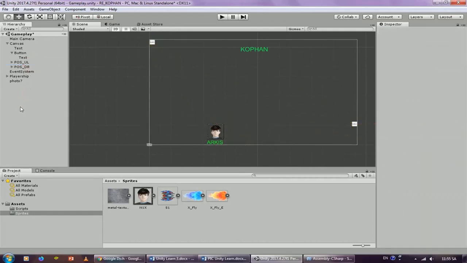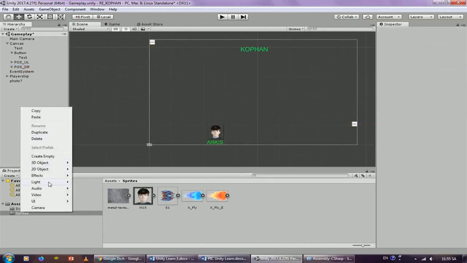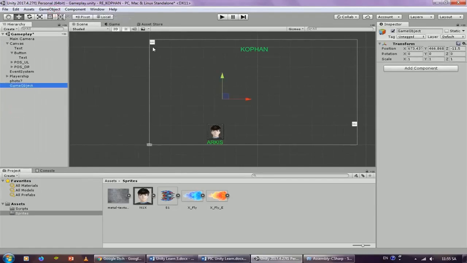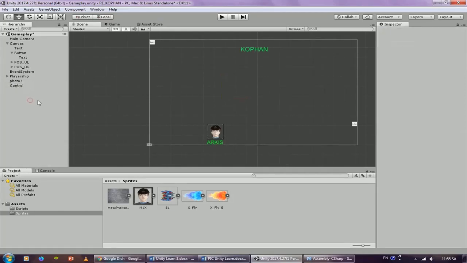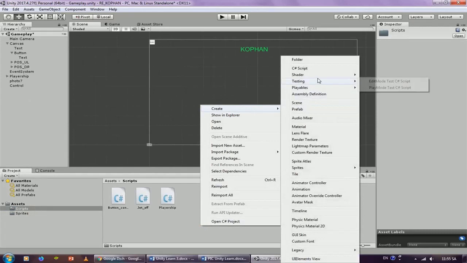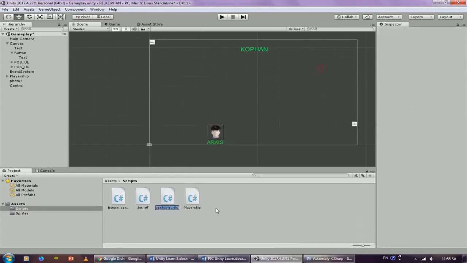Now I will create an object named Control, to manage these 2 positions. I will write a program for Control, named ControlGameplay.